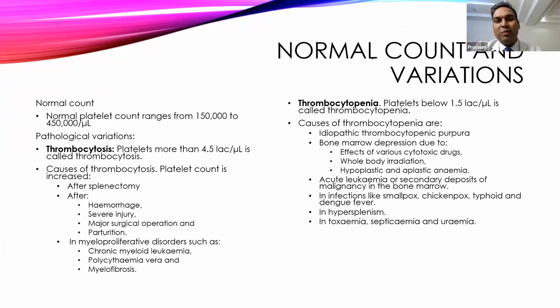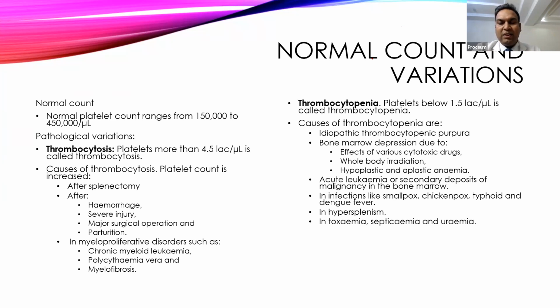So idiopathic thrombocytopenic purpura is a condition where purpura is occurring because of a decrease in platelet count, but the cause we don't know. Later on investigation we found that it is sometimes an autoimmune disorder, where antibodies are formed against the platelet, and that starts damaging the platelet or increases the destruction of the platelet in the spleen, and that leads to a decreased platelet count. There are other causes also. When we see the applied aspect, we will discuss this purpura and all those things in detail.